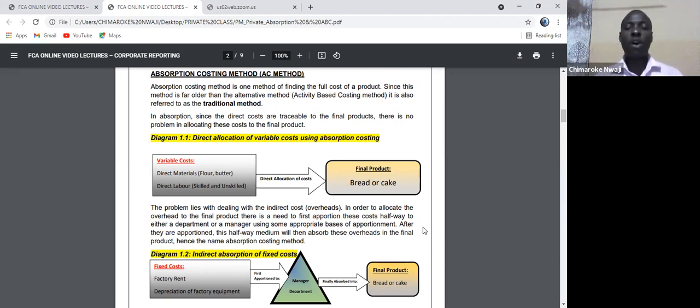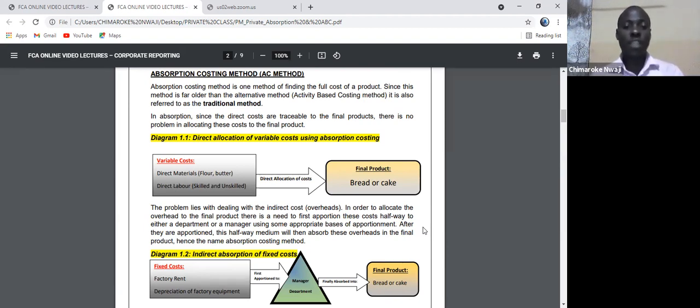Now we're looking at the traditional method. In absorption costing, all the direct costs which are traceable to the final product, there is no problem in absorbing or allocating or apportioning them to the final product. Remember, we said direct costs are traceable to the product. Direct costs are variable costs. There is no problem in apportioning all the variable costs to the product. Do you know why? Because we said they are traceable. So you see here that you want to look at material cost, the flour, you can trace the flour to the product. And so there is no problem in allocating the cost of flour to the bread we are